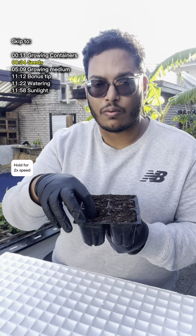As you can see, seeds come in different sizes. So this brings up our third question. How deep do I need to plant my seeds? As a general rule, for example, this is a butternut seed that I have over here. This seed is about 1 centimeter long. As a general rule, you would want to make the hole 2 centimeters deep. So if I have a seed that's half a centimeter in size, I would want to make the hole 1 centimeter deep. The general rule is you'd want to make the depth of the planting hole double the size